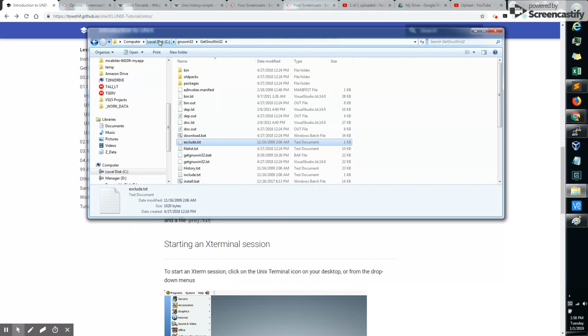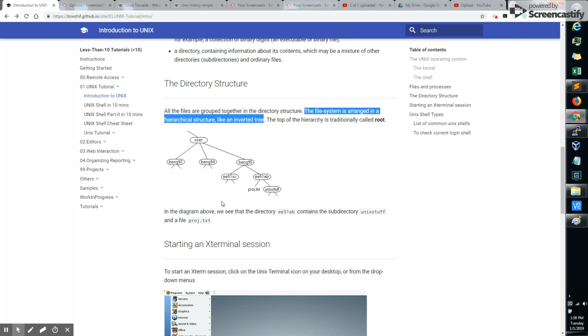And this is the hierarchy. It's like a tree structure, and it is a way to organize your files and folders. So in this example, this is a tree, this is a user directory, and it has a bunch of subdirectories. Say for example that ee51ab has a file called project.txt, and then it has a subdirectory